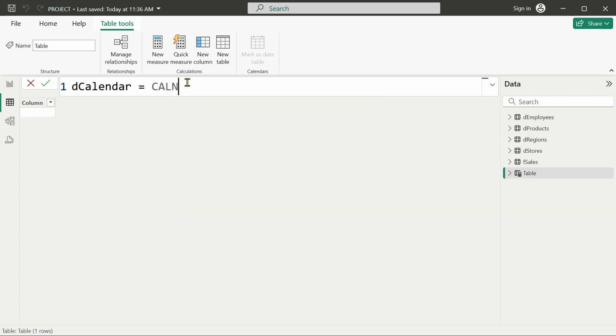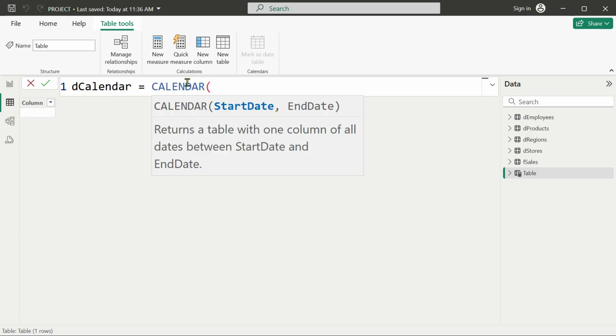It's the calendar function. The calendar function will create dates, every date in a certain interval. So I have to provide two arguments for this function, which are the starting date and the end date. The function will automatically create a table with every single date in between. And the start date has to be dynamic because I don't even know what dates are in the F